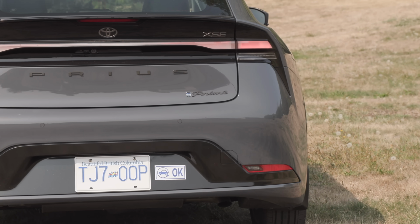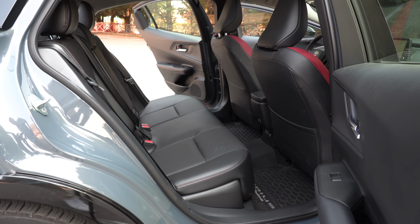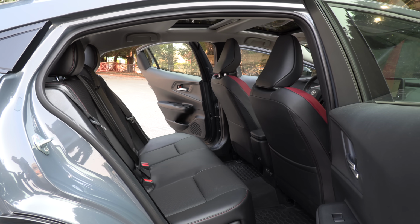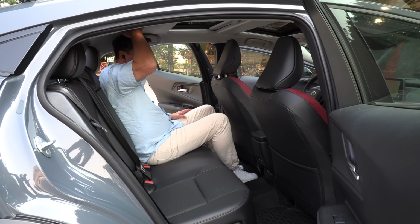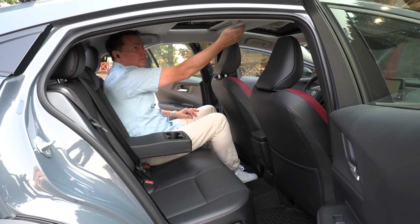The top trim has similar features to what you get on our Canadian top trim. However, there are some features in the US that are optional, like heated rear seats and the panoramic view monitor. Even though this is a very sleek and slippery shape, when you get in the back seat, the rake of the seats is good, so you have plenty of headroom and good legroom, and I certainly do like that